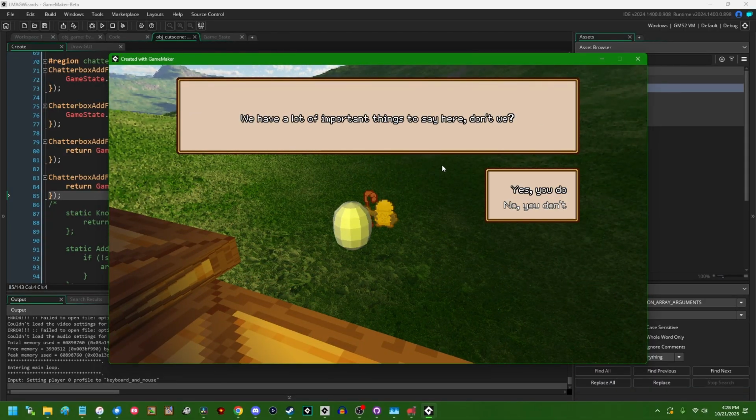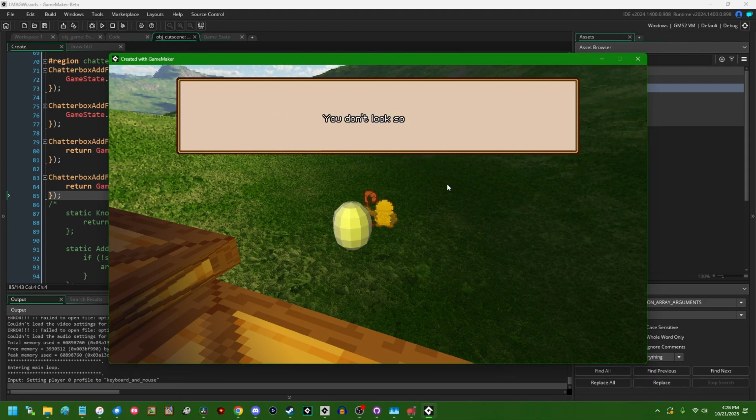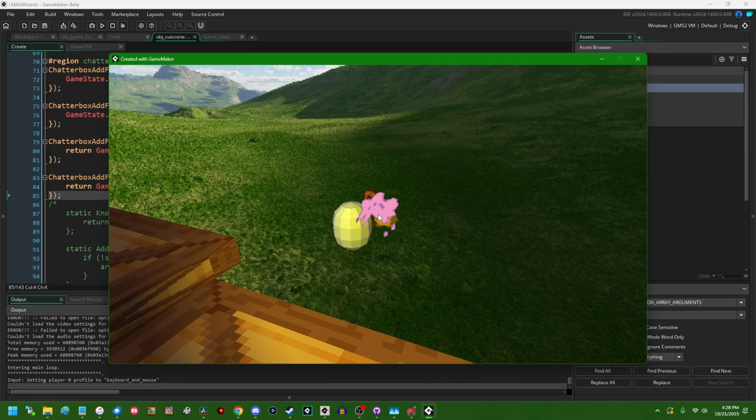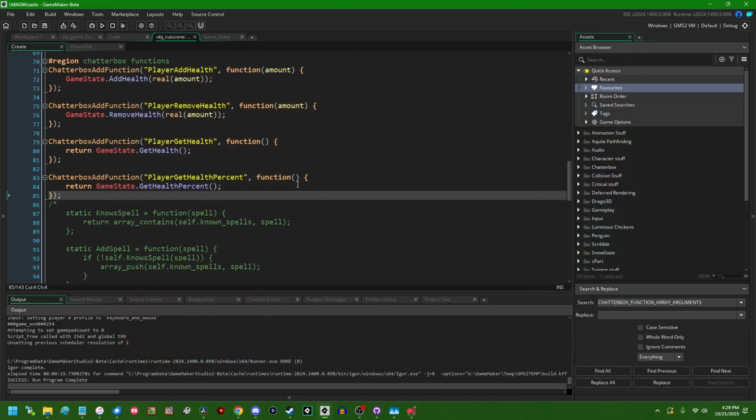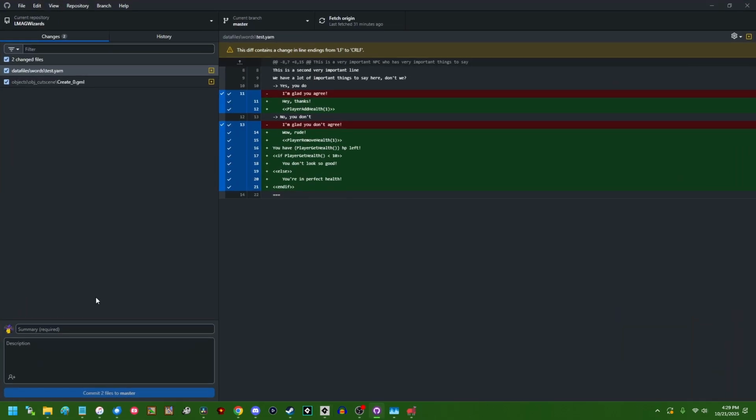So if I say no and you're going to damage me, he's going to tell me I don't look so good. And if I then come back, say yes, you're going to heal me, and you're going to respond based on that. So that's good. We can make a commit for basic